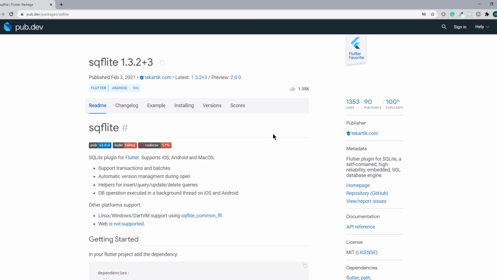What we'll be seeing is that firstly we'll be creating a database helper inside our Flutter application. You can see that here is a database helper file for our application. Inside it, all the code related to inserting, deleting, querying and updating will be assigned, and all these four operations together are called CRUD operations: create, read, update and delete. These are the things we'll be working on in tomorrow's session.